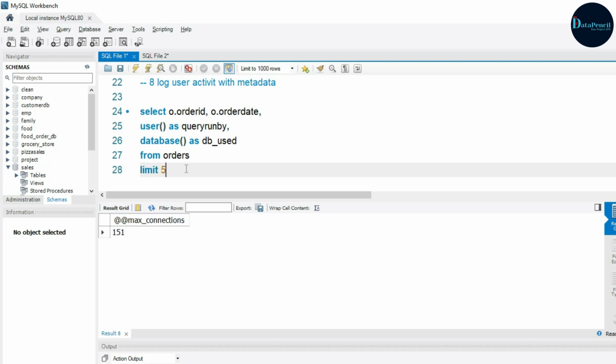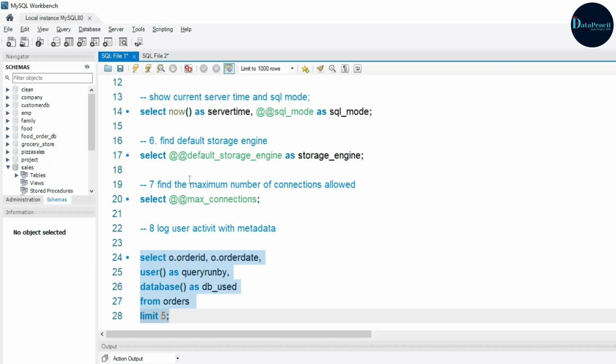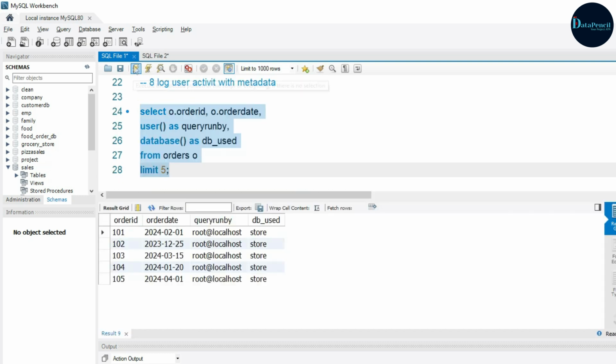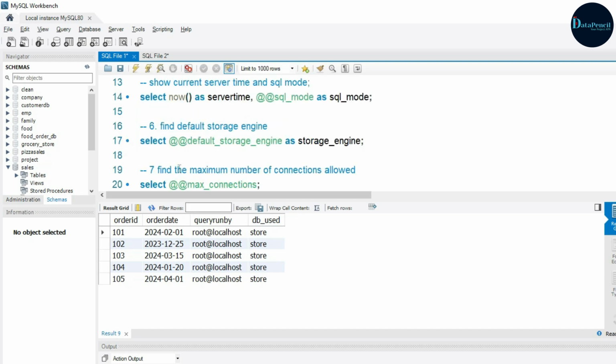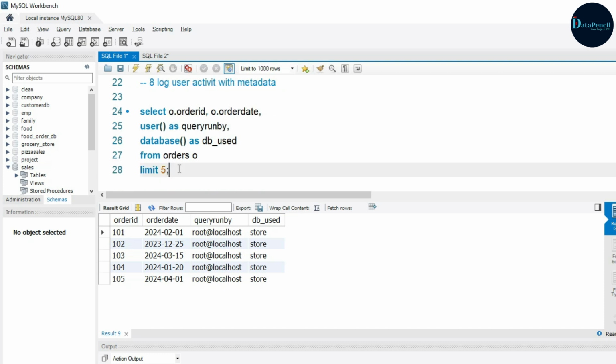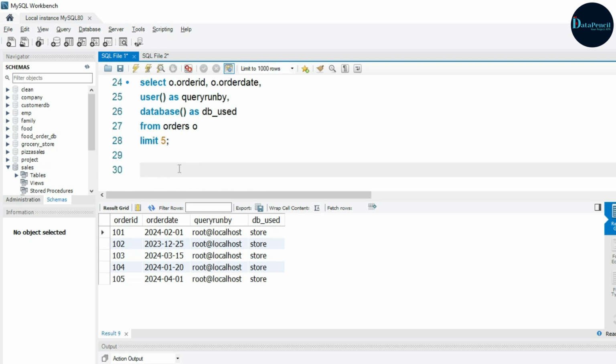Limit is 5. Now we will get the metadata here. Okay, so this is, order ID 101, query run by this, जो डेटाबेस यूज हो रहा है वो, so ये हमारे बिग प्रोजेक्ट्स में जब हमें सारी डिटेल्स चाहिए होती हैं उस टाइम पे ये सारे फंक्शंस बेसिकली यूज में आते हैं कभी ना कभी, कहीं ना कहीं. Alright, so this is it for this video guys, see you soon